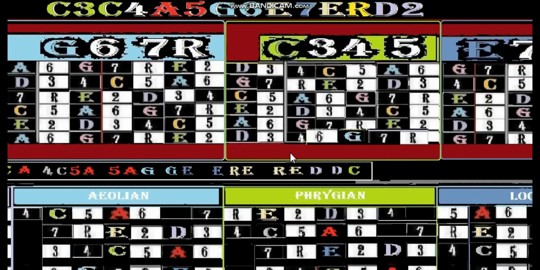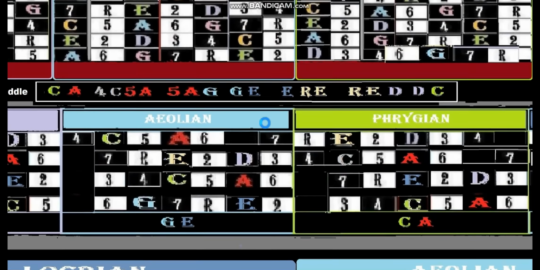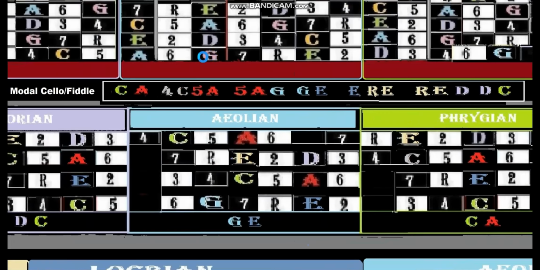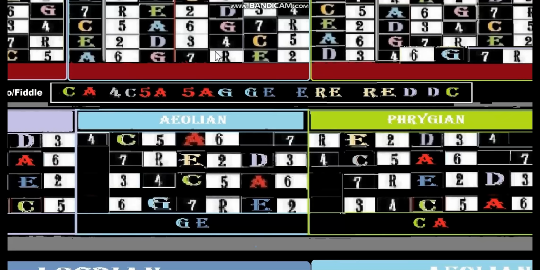Well, that's too bad. That's the way it goes. There's obviously a little technical mistake there. So instead of caged, we're going to have modal cello fiddle here. We're going to have CA, and then 4C, 5A, and then 5A, G, and then GE, then ERE, then RED,